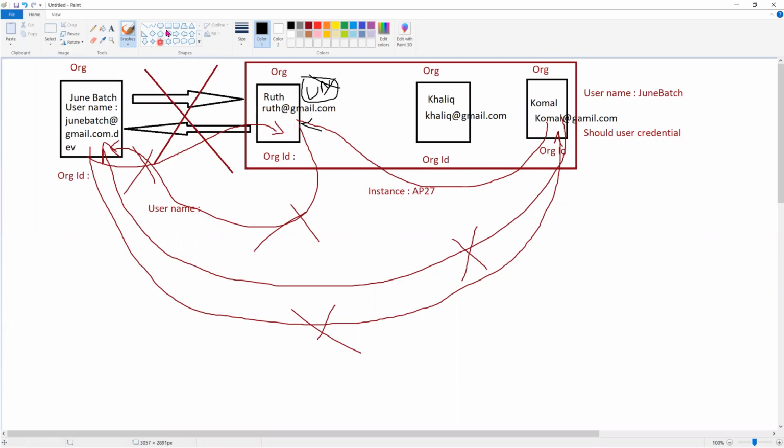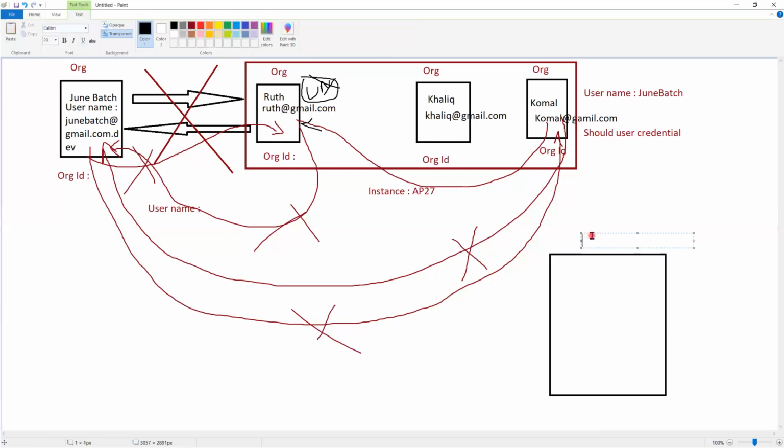So in real time, we have different people. This is a real-time org. Now, in real time, there will be different types of orgs, right? What are the different types of org? Unlimited org,